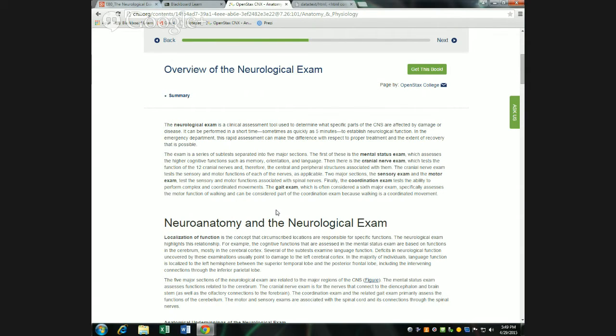So I want to use this exam to highlight some of this. It starts off here talking about this concept of localization of function. Now, this concept actually is partly what we were talking about last week in a very broad sense. I didn't bring up this term, but it is the basis of a lot of what I covered last week. What it basically means is certain functions, certain things that we can do with our nervous system are handled in very specific areas. So, for example,